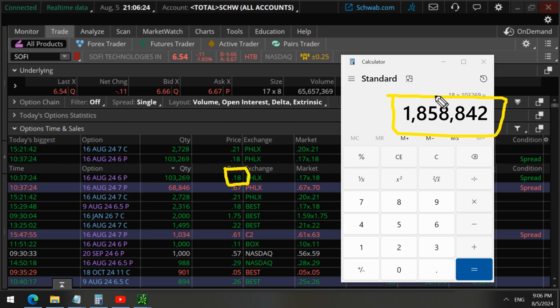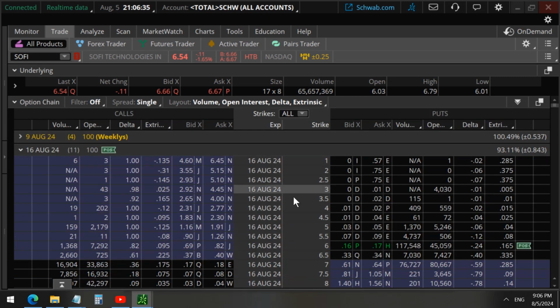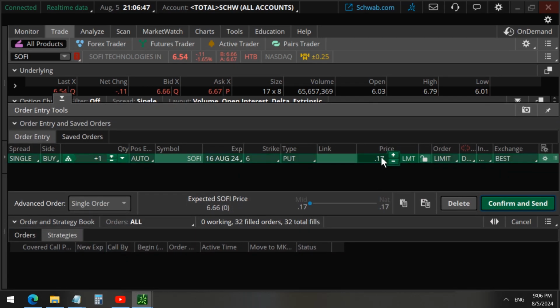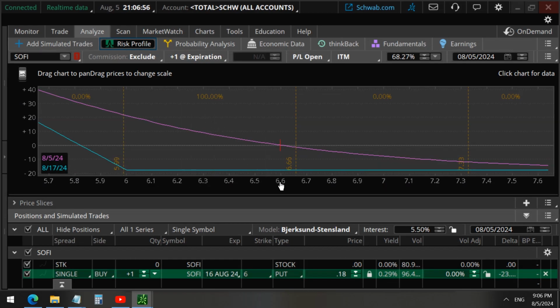Now, just because this is a $1 million trade, this does not meet our threshold for a high probability of profit trade. Because for one thing, it is much higher risk because these options expire in just 11 days. So there is very high risk from the time decay. As you can see here, when we analyze these options that they bought for $18 each, which is what we also bought them for, you can see on the risk profile here,